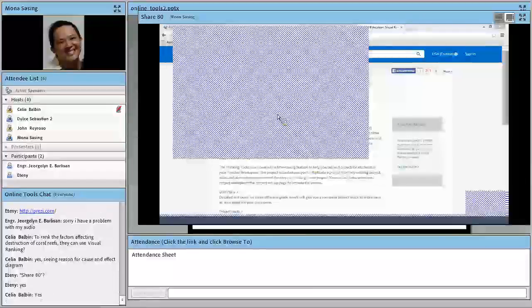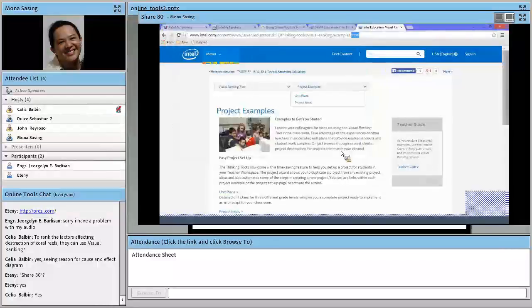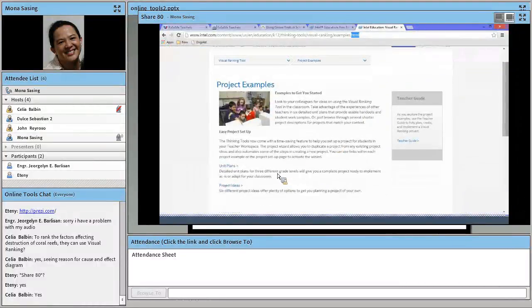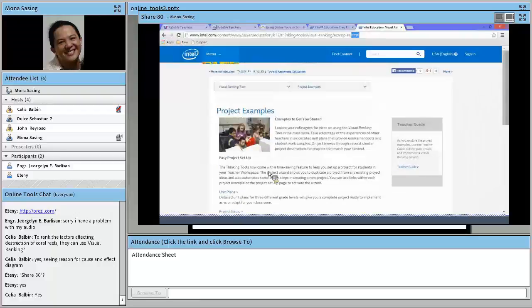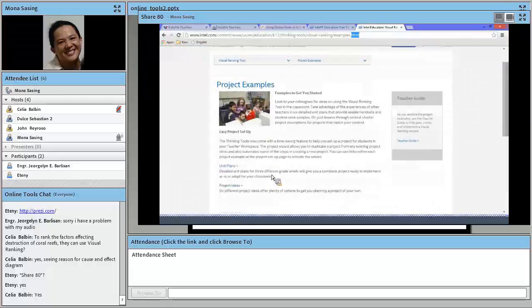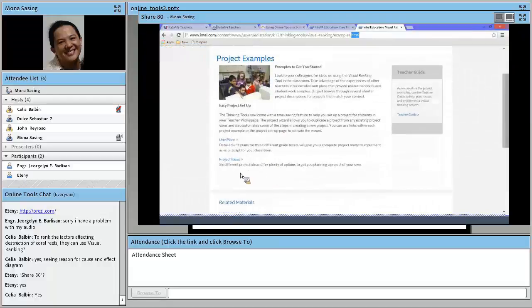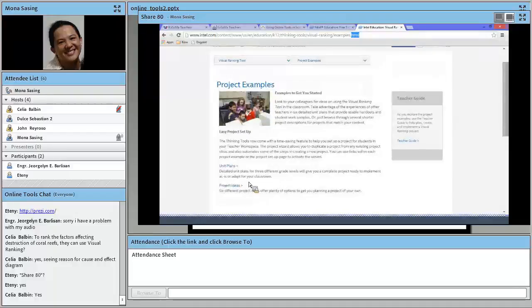In this site, you can actually go to the project examples, and there are examples of unit plans or project ideas you can check out and even use in your class that make use of this particular online tool.